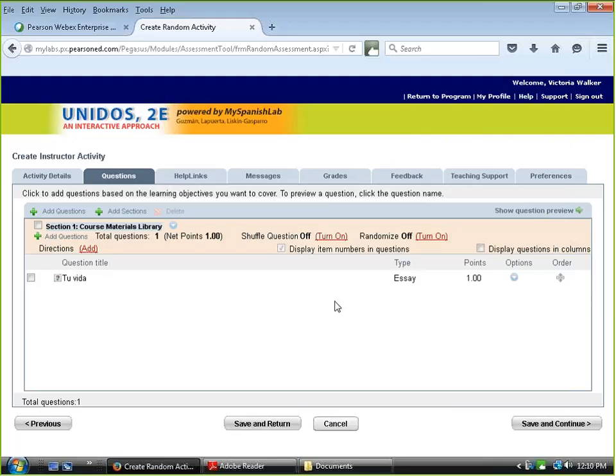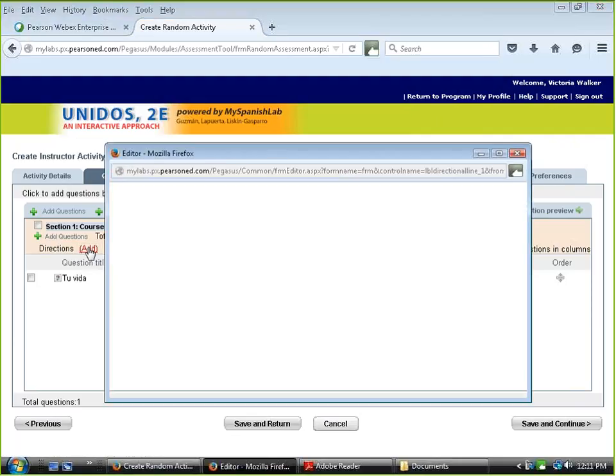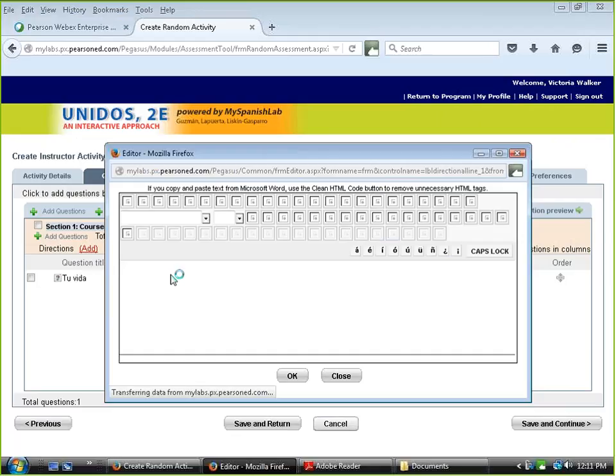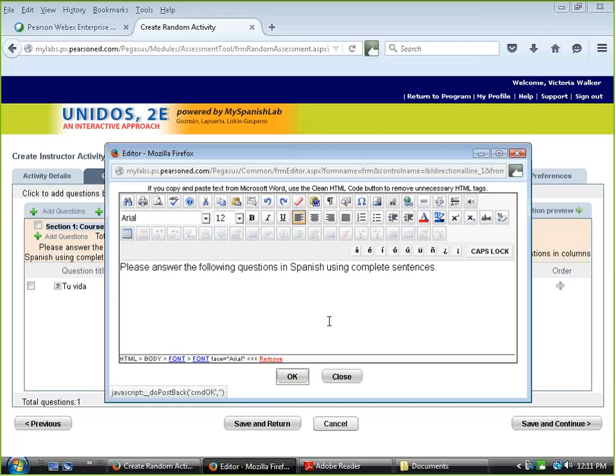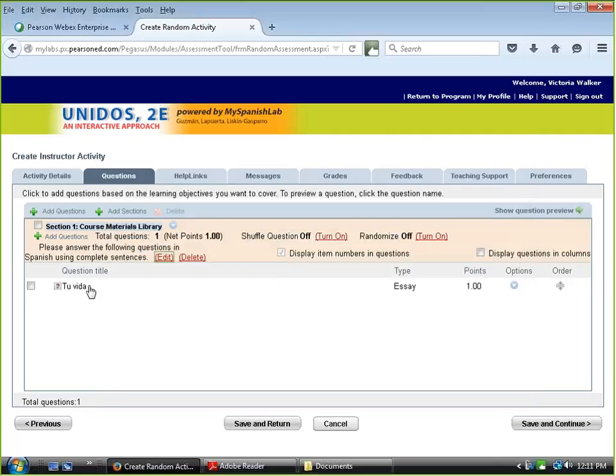All right, so now you can see that I have it, and say I want to add directions. So I would say, please answer the following questions in Spanish using complete sentences. Period. Okay. So now I have the instructions, have a question, and I probably,